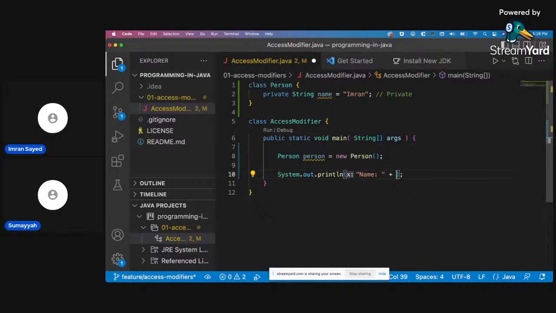If I say person.name, it should give me an error. Should we do try catch here? I think we should do try catch here. At least our program runs.